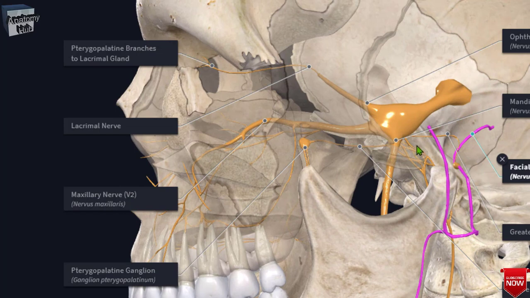Okay, so here we have completed the palatine bone, its nerve supply, its relation, its parts, and how it articulates with the maxilla, with the sphenoid, and with the ethmoid bone, that we have discussed along with some clinical points.